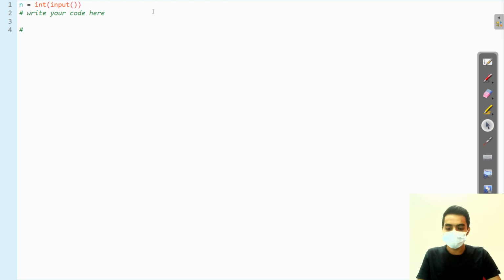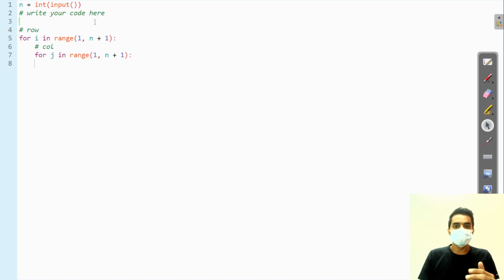First we will start with the row. The first loop for row is for i in range of 1, n plus 1, and for column, a for loop for j in range of 1 comma n plus 1. Here we have to find the middle element, also the middle row.